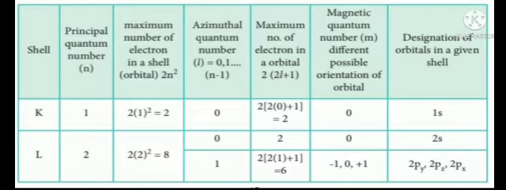Hence, the L shell contains one s orbital, named as 2s orbital, and 3 p orbitals, named as 2px, 2py and 2pz. Hence, the L shell contains a maximum number of 8 electrons. The 2 electrons are present in 2s orbital and the remaining 6 electrons are present in 2p orbitals. The 2p orbitals are named as 2px, 2py and 2pz. The same concept is explained for M shell and N shell, which is given in the next page.